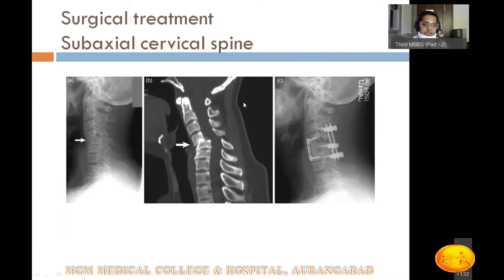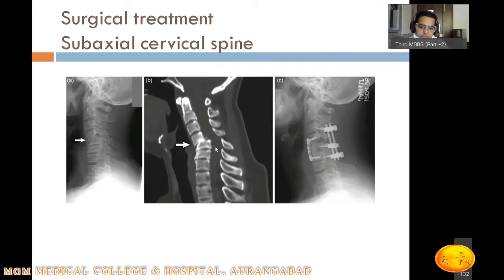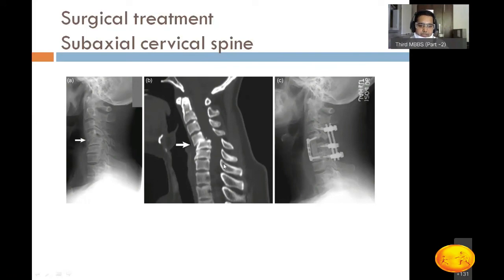So if you see, this cervical spine should have been in lordosis. It is in lordotic position till C5, but then these 3 vertebrae have displaced anteriorly, and there is localized kyphosis here. So by doing surgery, we have achieved a good lordotic position. So neural decompression and achieving the normal alignment of the spine is important in surgeries.